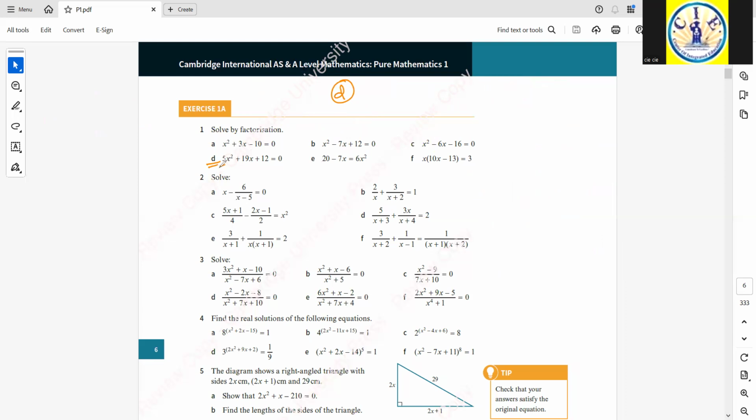Okay. The coefficient of x square is 5 and the constant term is 12. So 5 times 12 is 60. And now I need to have the middle term to be 19. So the factors of 60 are 1 times 60, or 2 times 30, or 3 times 20, or